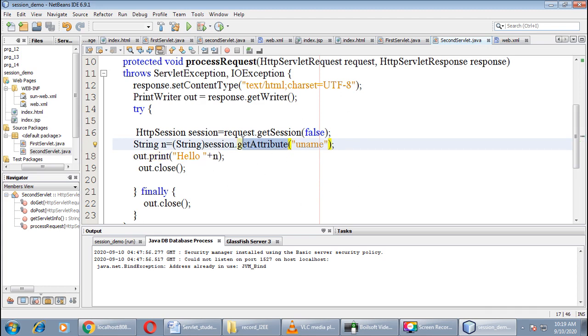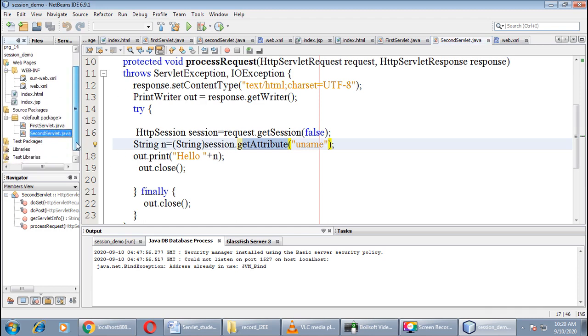So for practice purposes, develop your own servlet page and try to access the same information in your third servlet page. Right, you must note down the same example in your journal also.